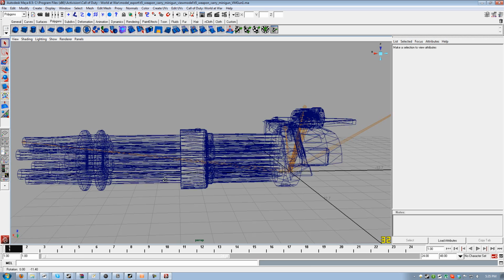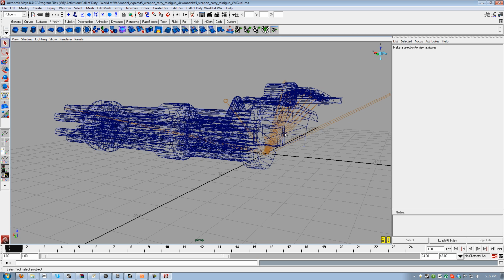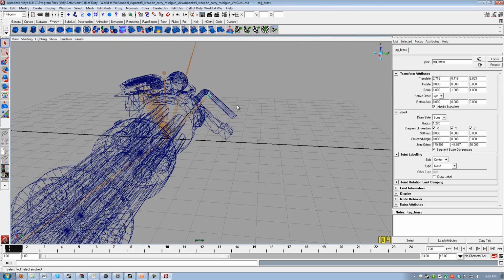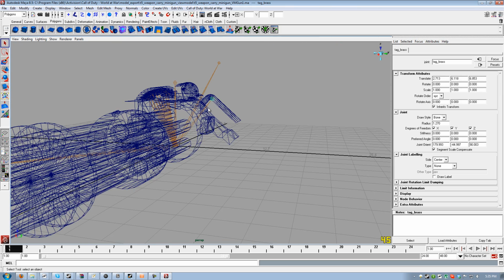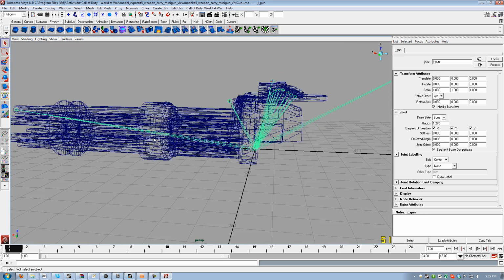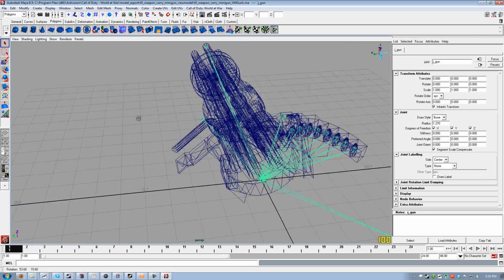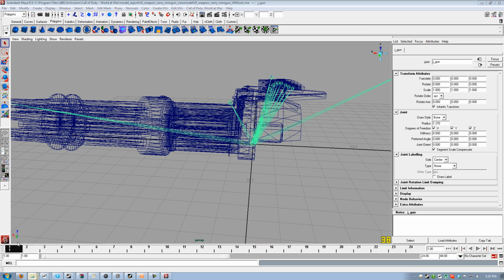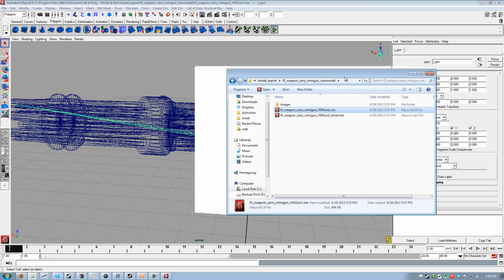If you hit the 4 key and go into wireframe mode, you see all these orange connections going to these little orange orbs. These orange orbs are joints, and the connections are the skeleton. So if you'll notice, there's joints all over the place. So what you want to do is go back to the folder where you opened this from,